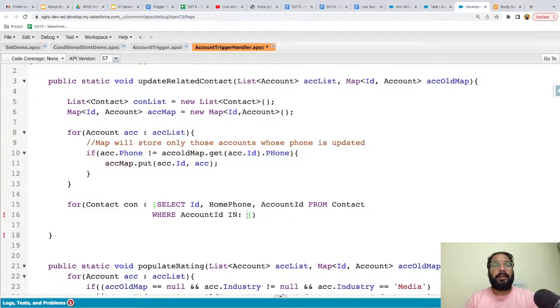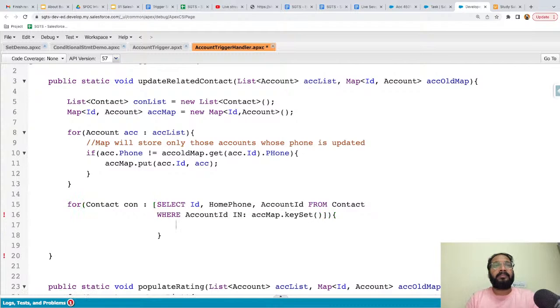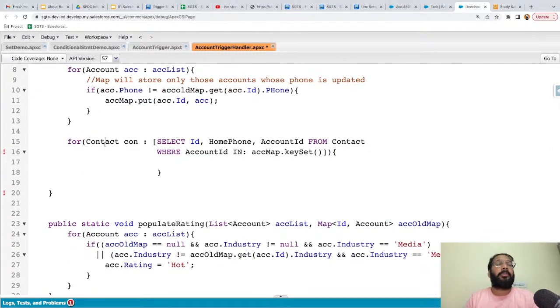So what I can do, I can write acc map dot key set. So all the keys will be available here, and through that all the contacts will be queried where account ID is available in this map's keys, right? So this way I'm just getting all the contacts which are related to particular account record. Now here I just need to apply if condition. So what I'm going to do, I will be checking